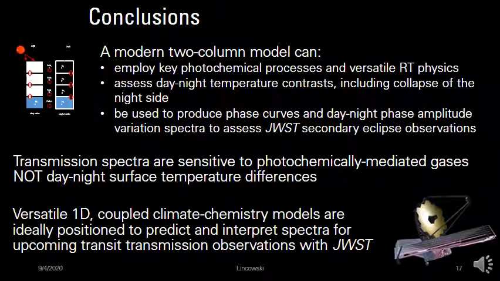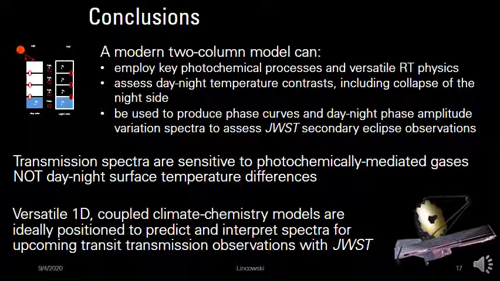I hope I've demonstrated in this talk that a modern two-column model has capabilities that bridge both 1D and 3D models. On the 1D side, it employs key photochemical processes that can alter the stratosphere and give you trace gases that may not be present in GCMs, and also includes versatile radiative transfer physics that allows you to model a vast variety of atmospheres. Now, considering the 3D GCM advantages of day-night surface temperature contrasts, a two-column model does well produce the day-night contrast, and you may be able to assess whether collapse on the night side occurs